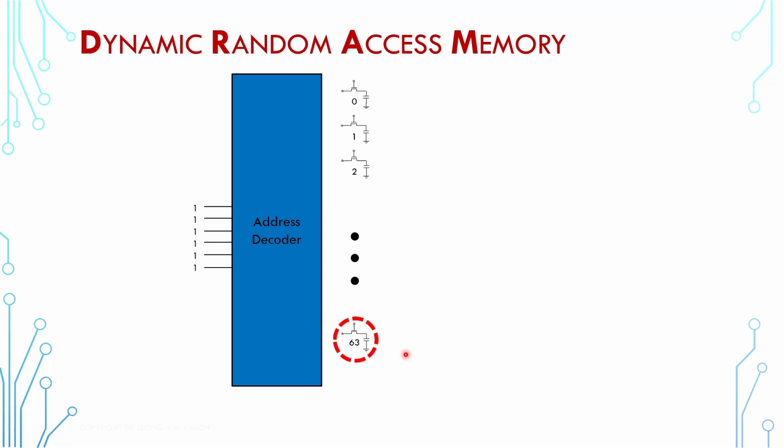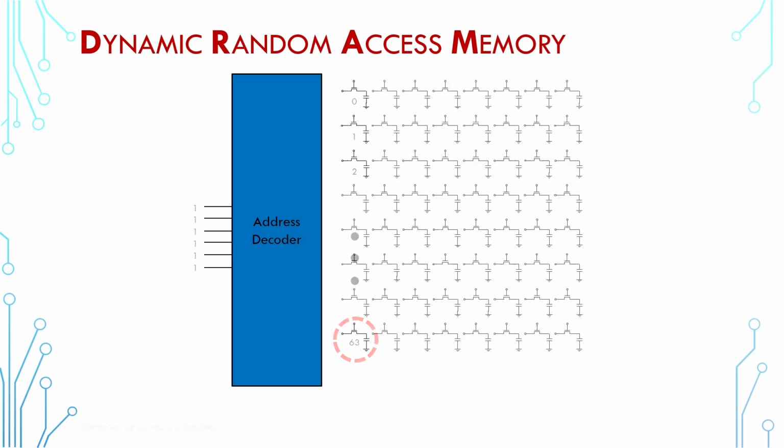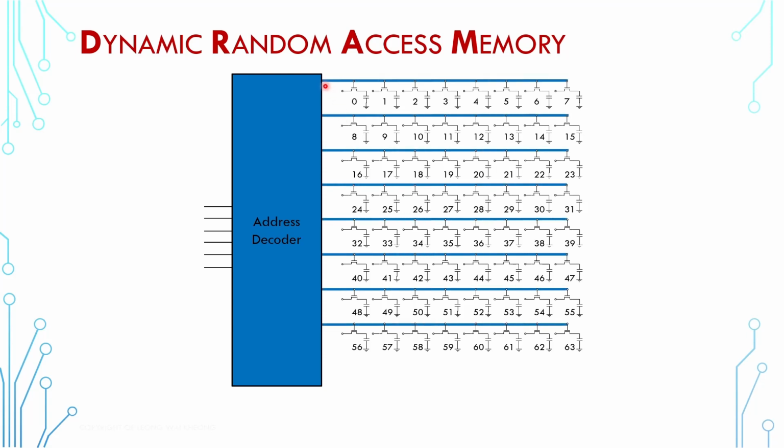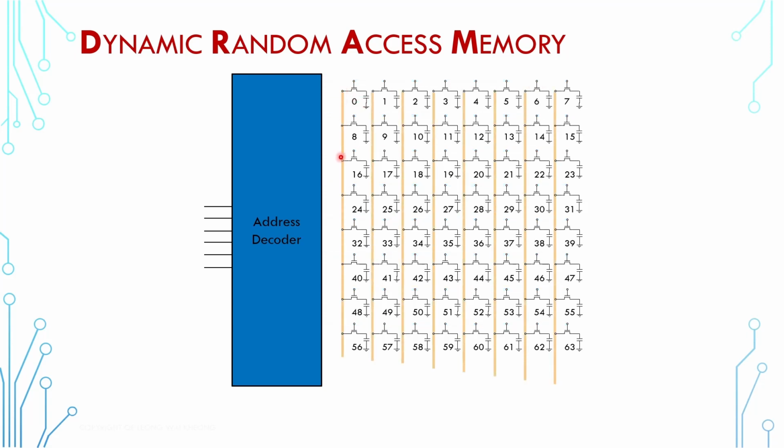In reality, memory cells are not structured totally independently. There are many reasons. For example, you would need 64 sense amplifiers if all memory cells are really independent. Instead, the memory cells are structured in an array manner like this. First, let's label them. All memory cells in the same row are controlled by the same enable line, and all memory cells in the same column are sharing the same data line. In this structure, one data line is attached to 1 sense amplifier, and therefore we only need 8 of them,